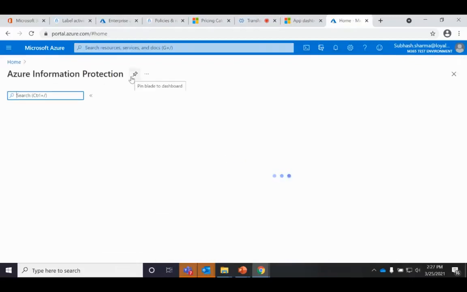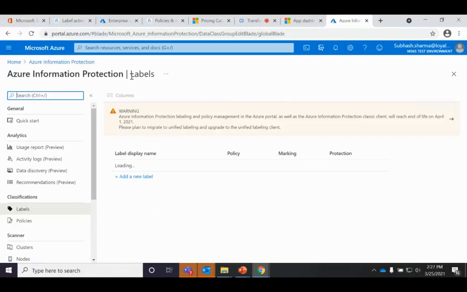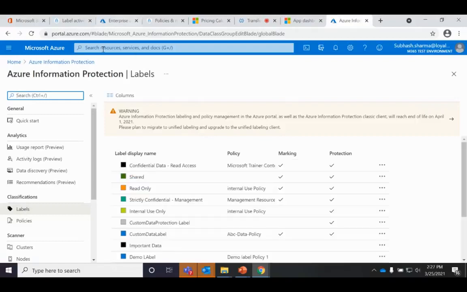So what I'm doing here, I'm trying to create a label just to classify a policy. What is the policy that we're trying to define now? We're trying to define a policy that will not let the user forward an email or that will restrict the user to send the attachment. That's what we're trying to do now. Okay, so once I have this,